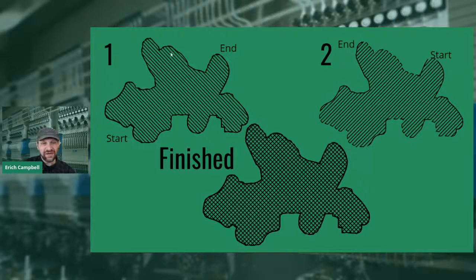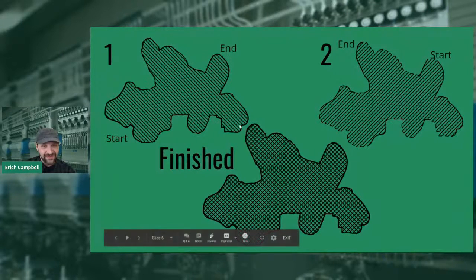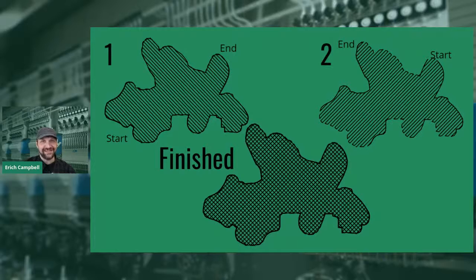So this is the first fill, starting at that bottom left, ending in the top right, 45 degrees. We come back. We start in that area, and we're going to go ahead and let the software travel. We'll travel down to here, and we end in that corner again, 135 degrees, and what we're left with is what I call that light mesh fill. The light mesh fill provides you this, like a chain link fence. It has these little diamonds, and the reason I like to do the 45 and 135, what I'm talking about is that angle is